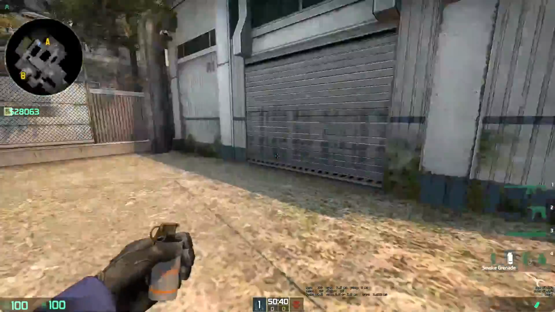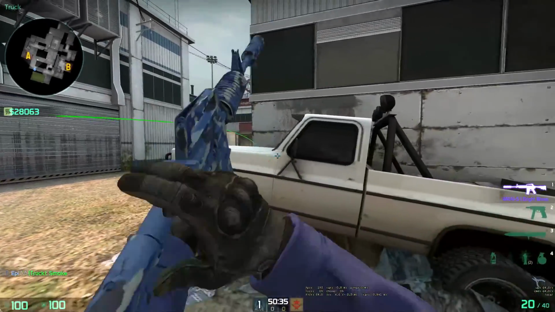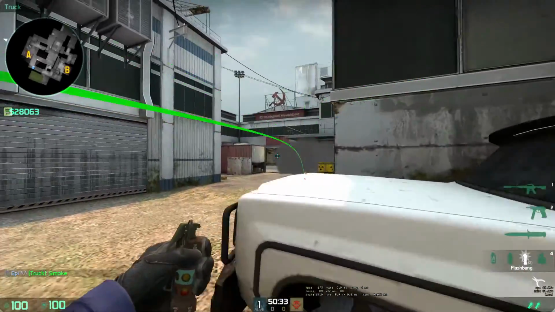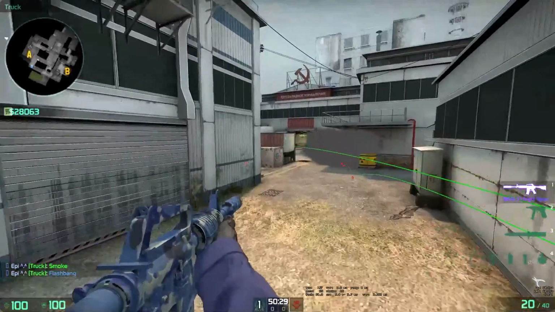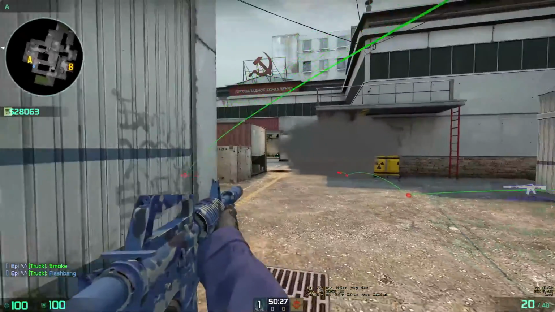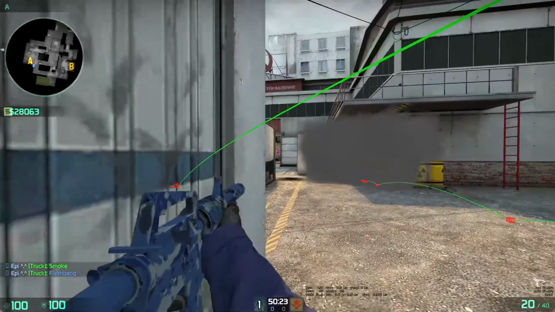When you are retaking from truck, if you do have a smoke, definitely go ahead and try and smoke off either A main or forklift. Also, use your flashes, okay? Use your flashes. Communicate with your team. Use flashes and everything like that. And be careful that no one peeks out A main if it's not already smoked, so definitely just watch that